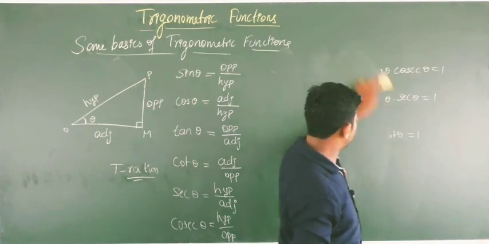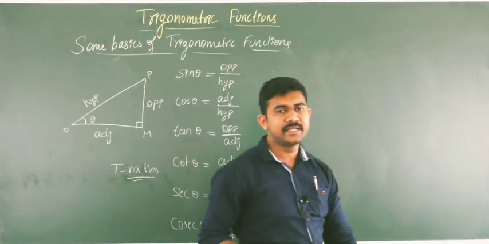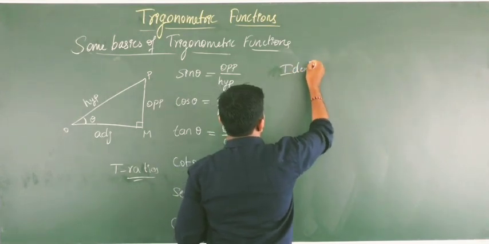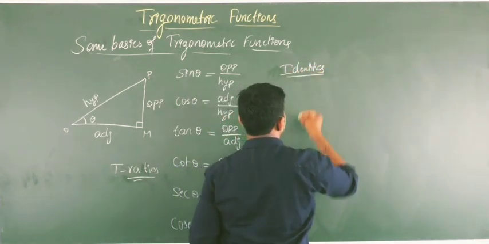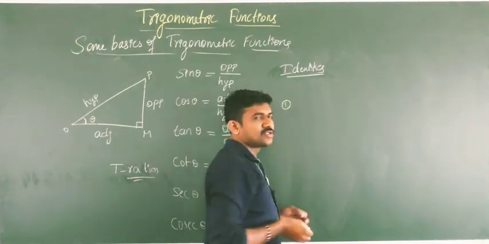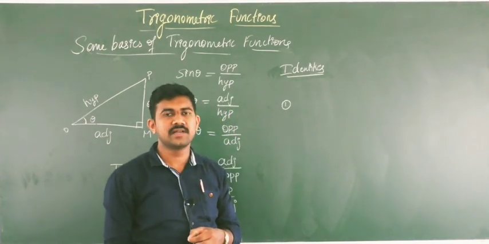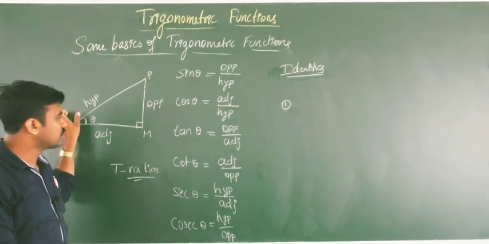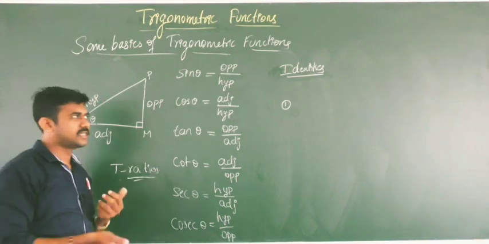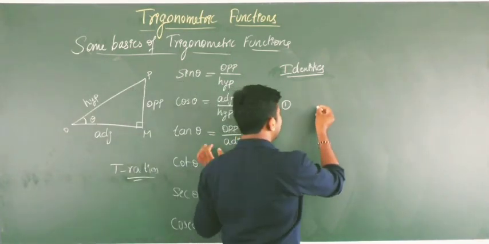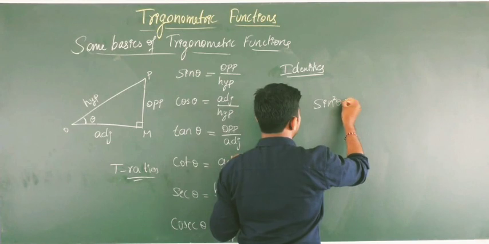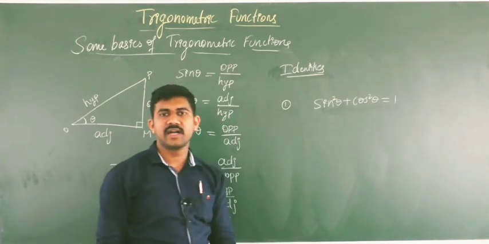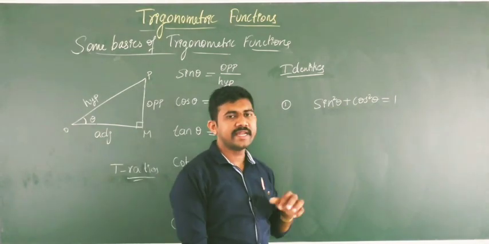Okay, now together with this we can observe the trigonometric identities. So what are the identities you had? This also you learned. See the first identity. This is obtained by the Pythagoras theorem. It states that the square of the hypotenuse side is equal to the sum of squares of the other two sides. So by using that concept, you can say sin square theta plus cos square theta is equal to 1. Okay, so this you already studied in your high school classes.